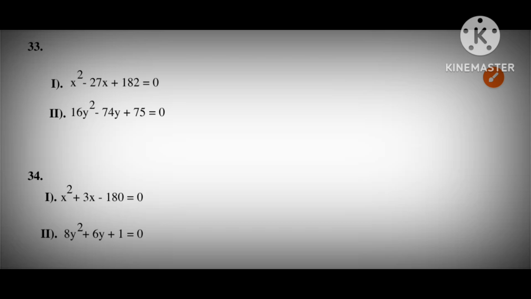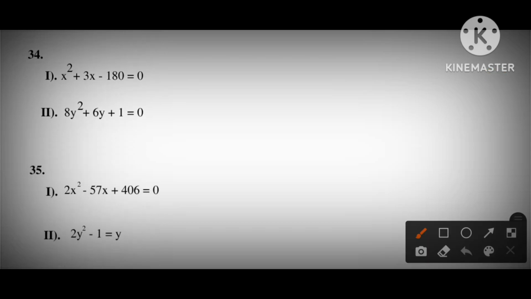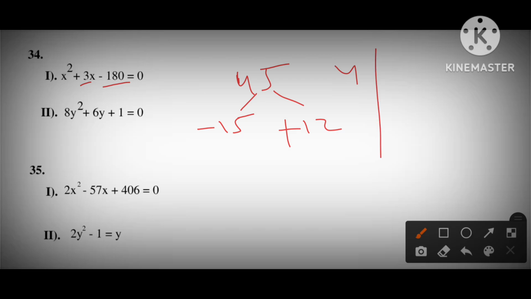Next one, fourth question. Here we see 180. 180 means 845 4 times, which will be 180, or else this will be 15 or 12 times. So difference between these two, we get 3. Plus and minus means minus and plus are the roots of this equation. 8 1 times 8, so 4 2 times will be 8. So the roots here is 4 and 2.